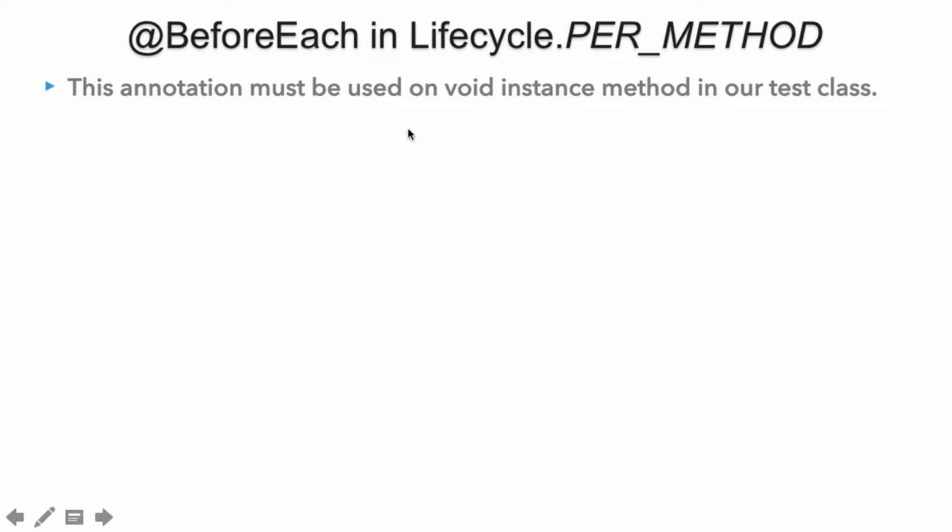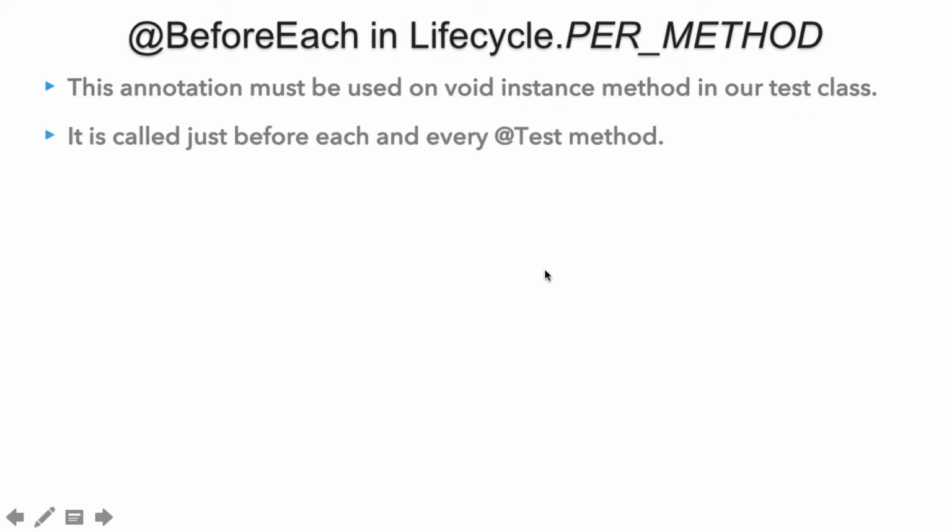So friends, we saw that @BeforeAll and @AfterAll are used mostly on static methods. But @BeforeEach methods are not static, and those are the instance methods of our test class. And how they become an important part of the lifecycle is that, as the name suggests, @BeforeEach, this name is given in the context of @Test methods. So here you can see that this method is called before each and every @Test method. Therefore the name BeforeEach signifies that they are called before every test method.